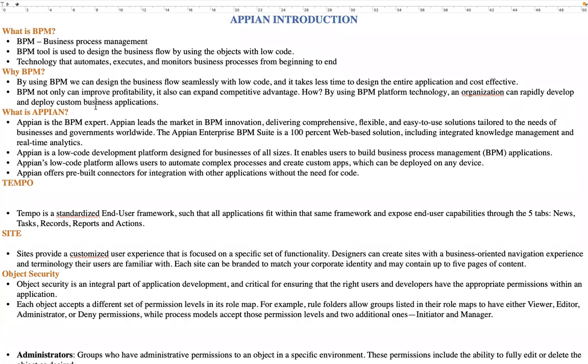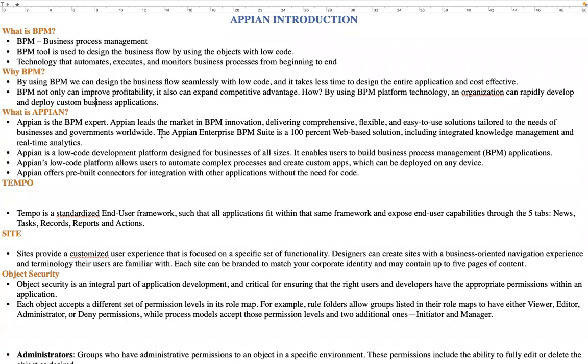Okay. So we know what BPM is now, and we know why Appian is currently trending in the market. So let's see how the Appian environment looks and how to access Appian. Basically, Appian is both an on-premise and cloud-based service.